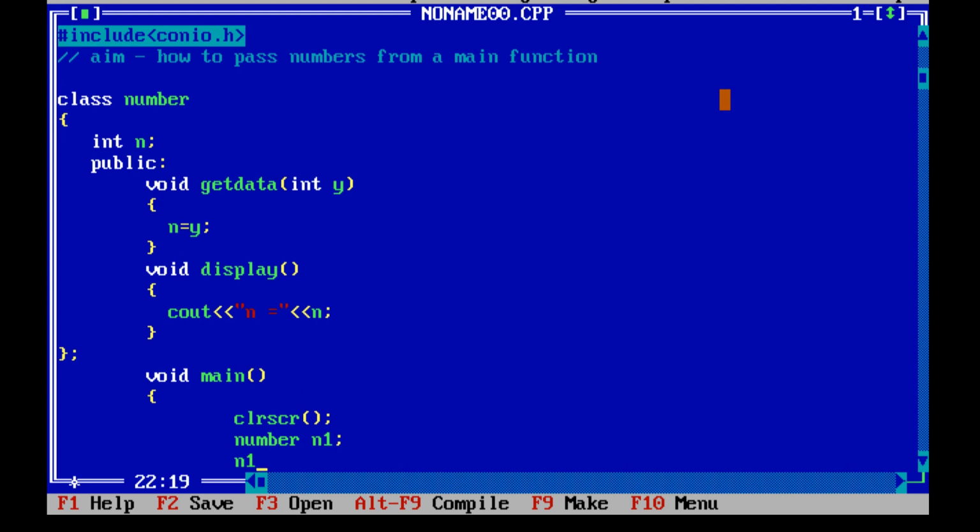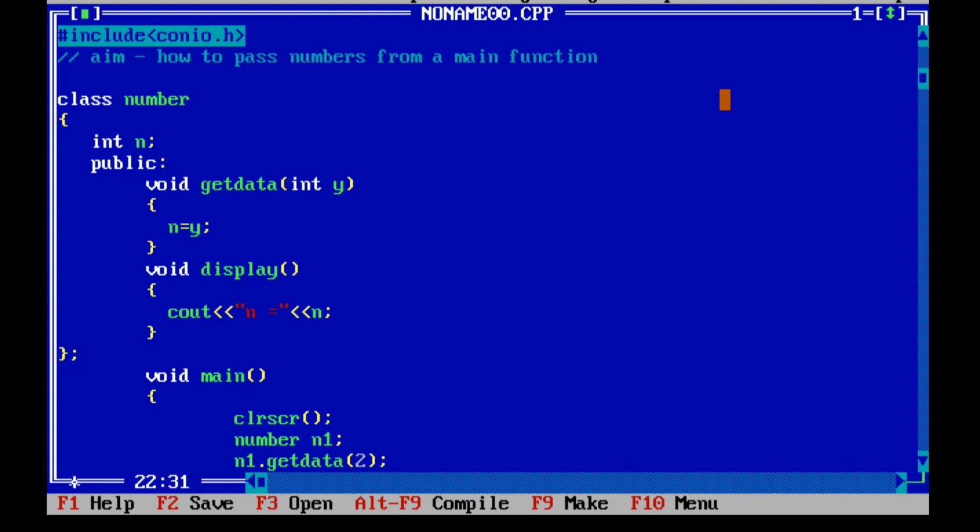Now I will call n1.getData. Now here you have to focus that the parameters in getData function is 1, and here also you have to provide one parameter. So I am providing here one parameter, that is integer,